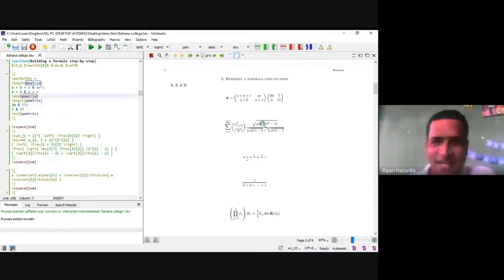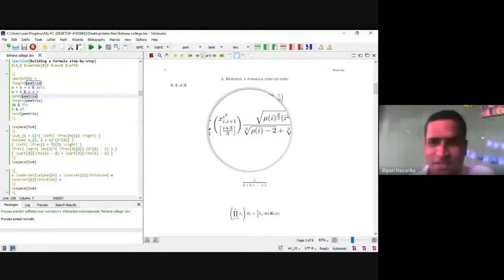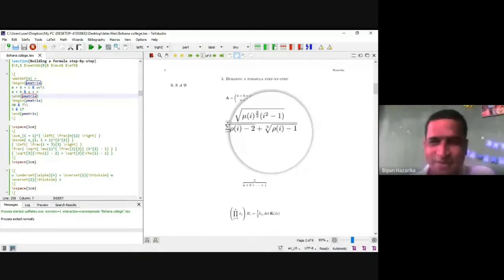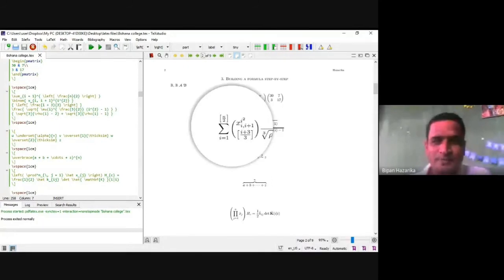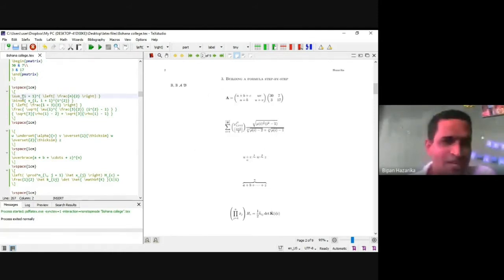Then the second expression, this one is a critical and slightly difficult mathematical expression. How can I write it? The first symbol is summation, with i varying from 1 to the square bracket n by 2. So slash sum, as I already told.